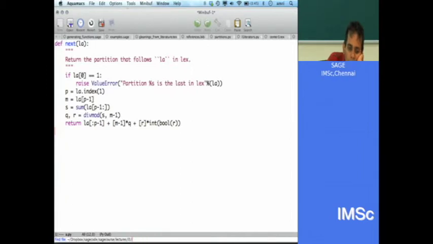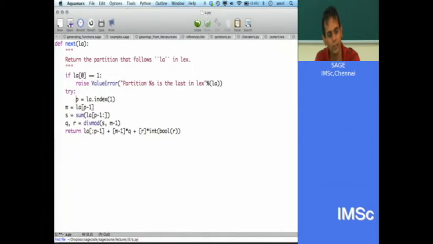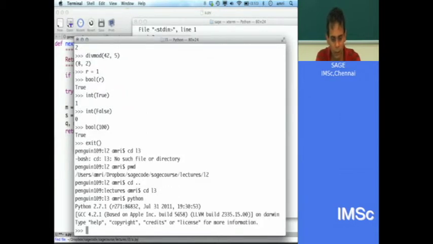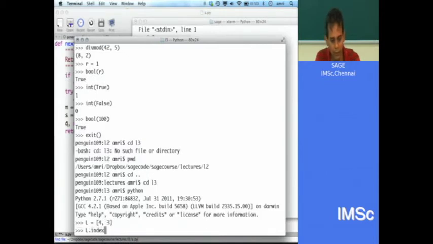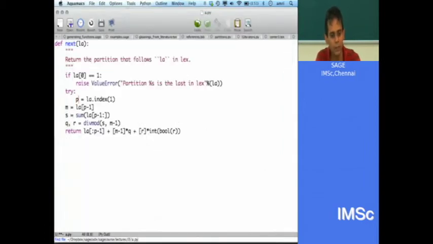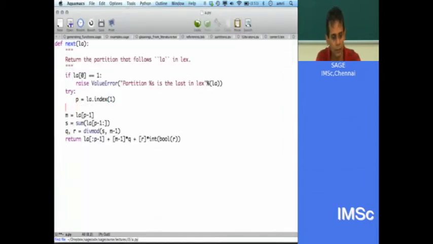So maybe you can say try p is la.index(1) except ValueError. So you're saying that if there's no 1, let's see what happens. So let's say L equals 4, 3, L.index(1) gives a value error. So try p except ValueError, and then what should we do?